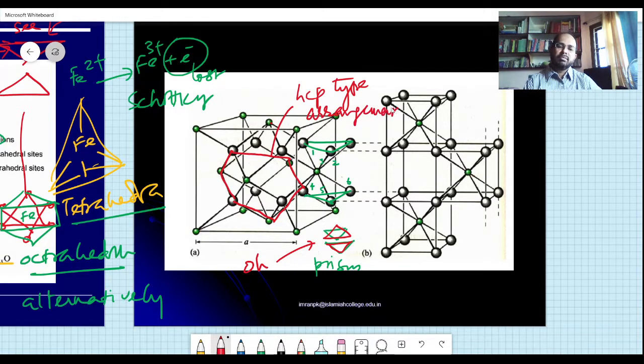Note that these arrangements are not bonds, they are just the types of the arrangements. So you can have, this is a body centered cube. One cube is there. This is one cube, right? Within this cube, you have the center. So this is a body centered cube crystal, and this is also a body centered cube crystal. This is a simple cube, and this is a body centered crystal. Okay, so it's simply extended. It can be connected to some other crystals. So one alternate arrangement is you can have a tetrahedral arrangement also within this cube.